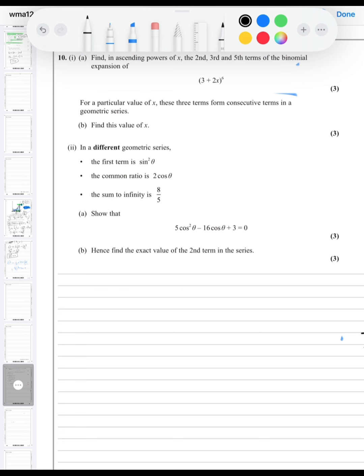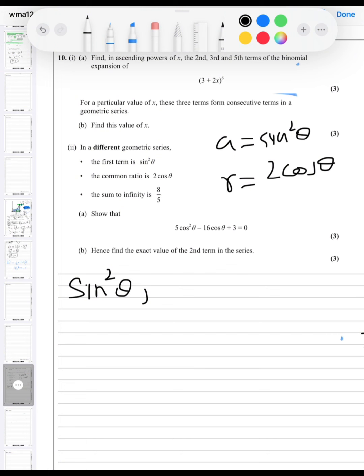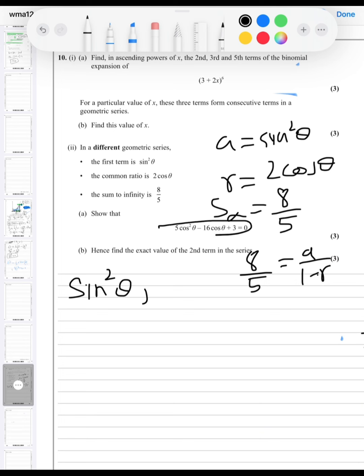In a different geometric sequence, the first term is sine squared theta, and the common ratio is r, where a is sine squared theta and r is 2 cos theta, and the sum to infinity is 8 upon 5. So we have to show this thing,